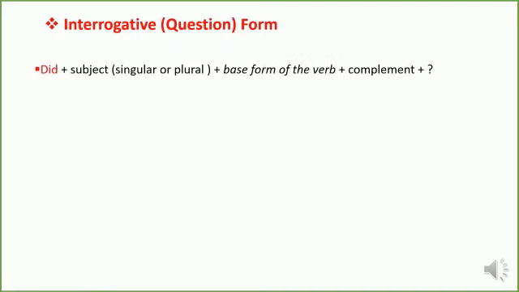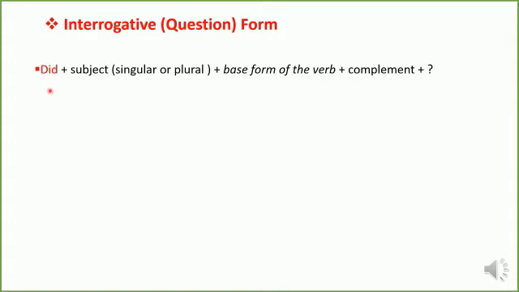What about the interrogative or question form? I mean by the interrogative, the question form of the sentence. So the sentence should end with a question mark at the end. Look here. If I want to change the affirmative sentence to the question or interrogative form, okay,